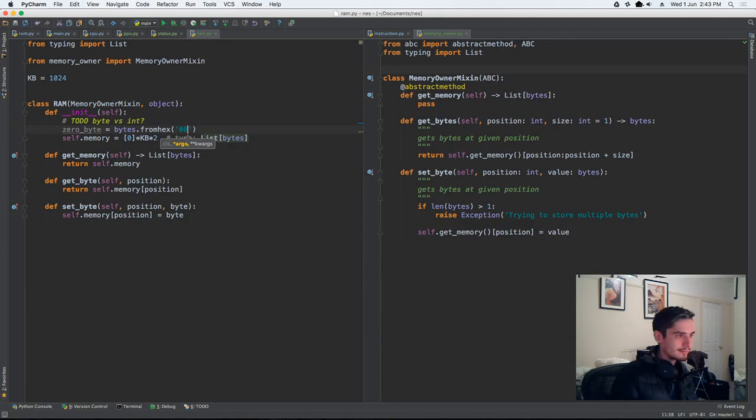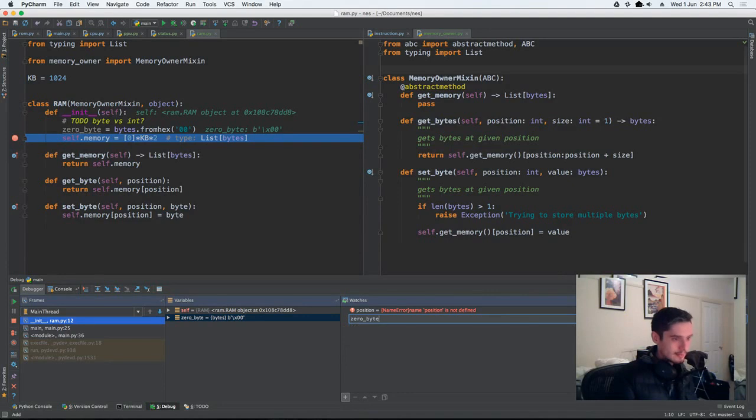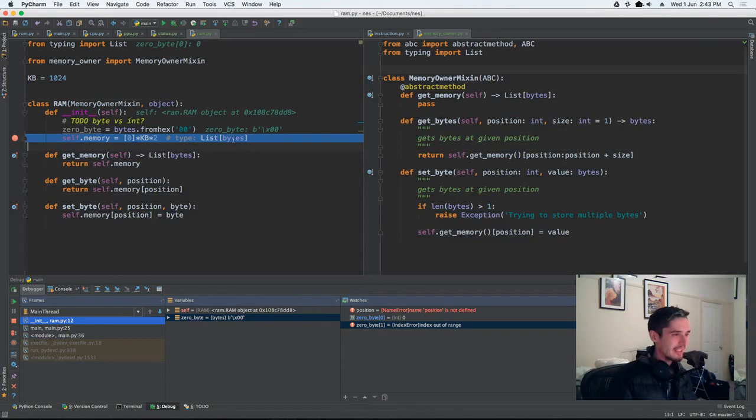Good. 008. Alright, what happens if I do that? A 0 byte. Zero byte 0 should be 0. And 0 byte 1 should be 0. Oh, because you need 2 hex characters to represent a byte. Okay. Yeah. That is an interesting thought. Alright. So now if I do 0 byte,